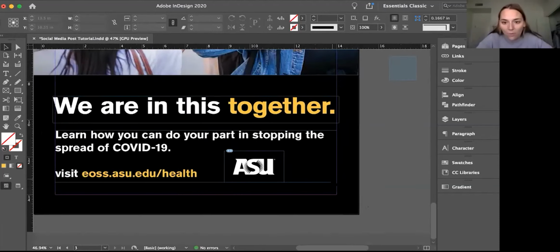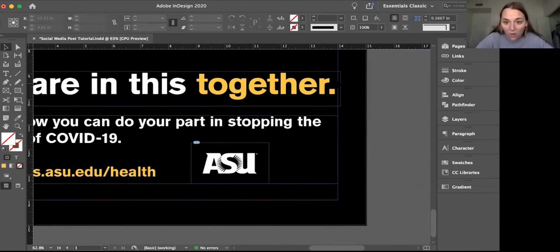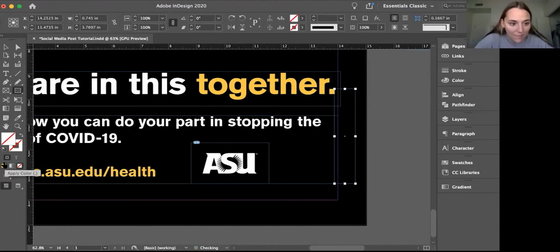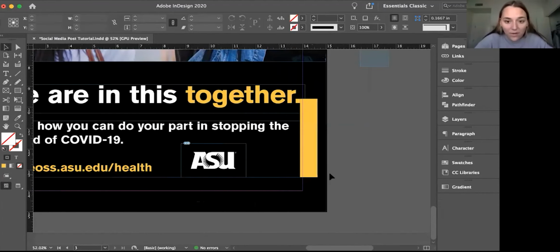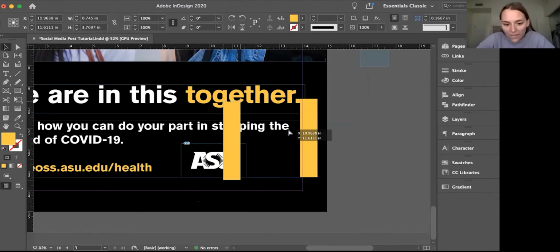So I want to make sure that this ASU logo is going to be aligned with the edge of our period and the bottom of this text. So a really easy way I do this is I make a rectangle and I just drag it down from the end of that period, and I make it any color other than the background. So I'm just going to make it gold. So that's where I know it needs to go against, but I need to know also the bottom where I want it to go. So you can just copy it, Command C, and then Command V,